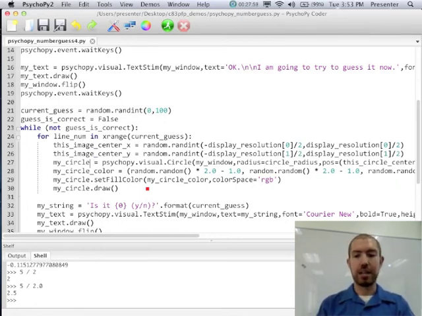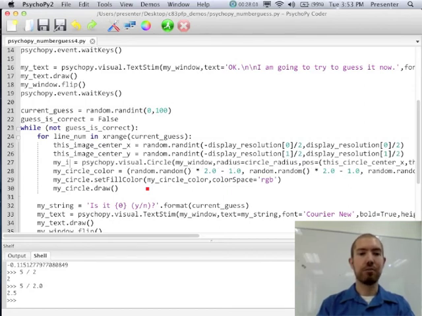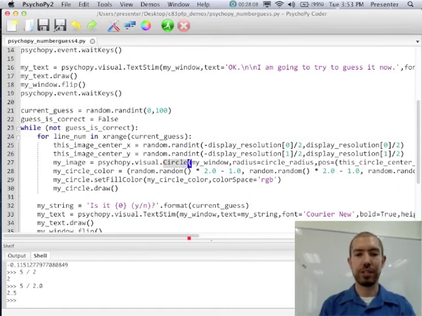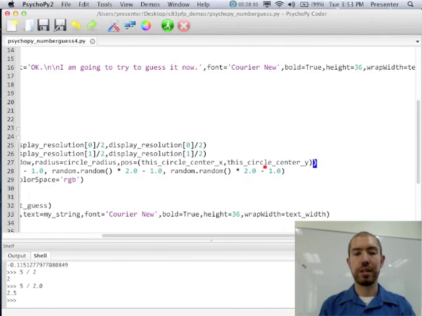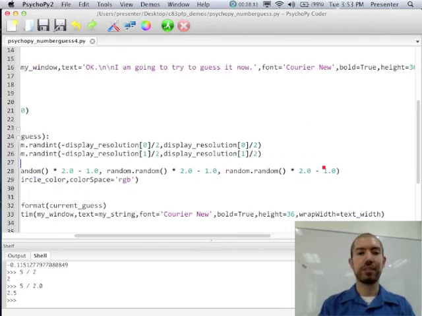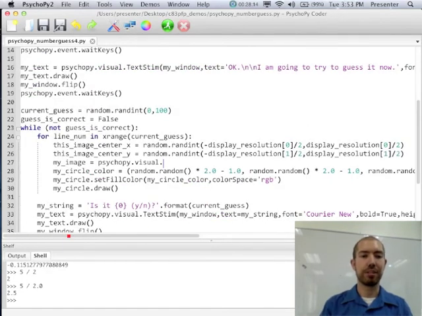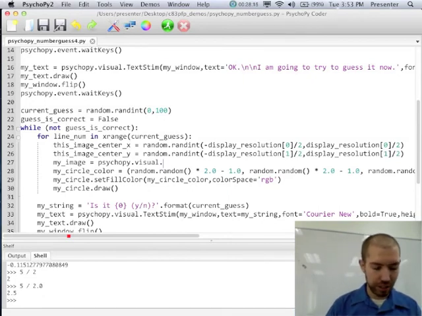And now we are going to have to change a few things here. So my circle is going to become my image, and we may as well just delete the rest of this line because most of it's going to change. So, well, actually, we could keep some of it. Not a whole lot's going to change, but it might be easier to retype it. Okay, so this one's going to be called